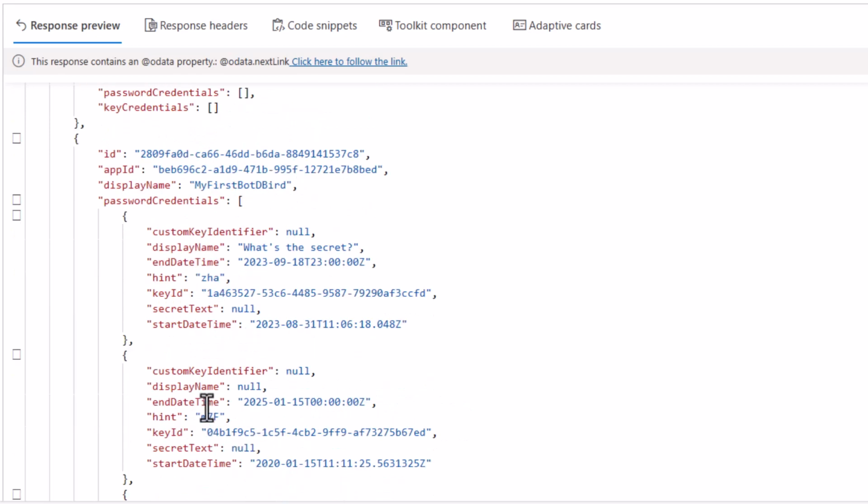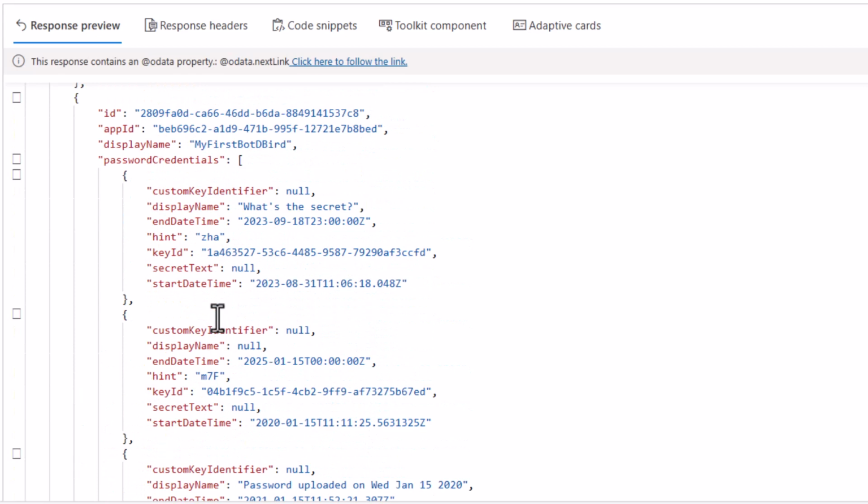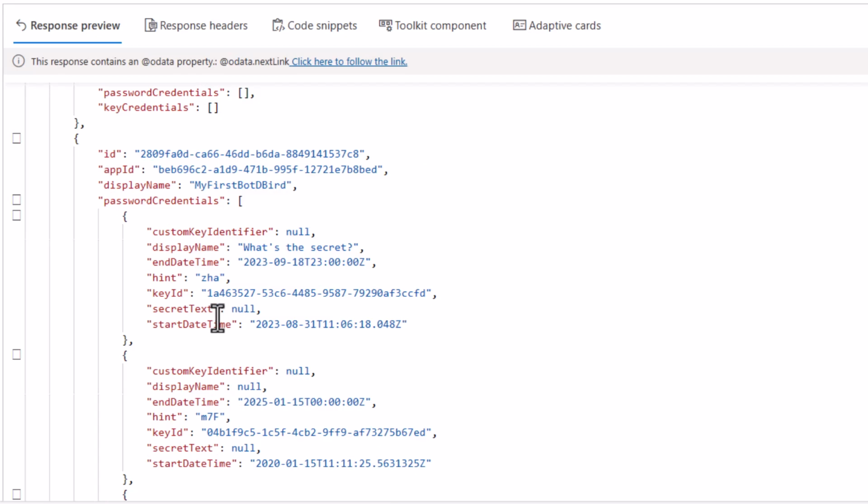So the interesting thing about this, the structure is such that the value is an array of all the applications. Within each of those applications, we have another array, which is the password credentials, which are all the details regarding our client secrets. And then there's also another array, key credentials, which return all the details regarding all the certificates. So some nested arrays here, which makes the structure complicated when it comes to retrieving data in Power Automate. But in today's demo, I'm going to show you how to potentially achieve that without any nested apply to each